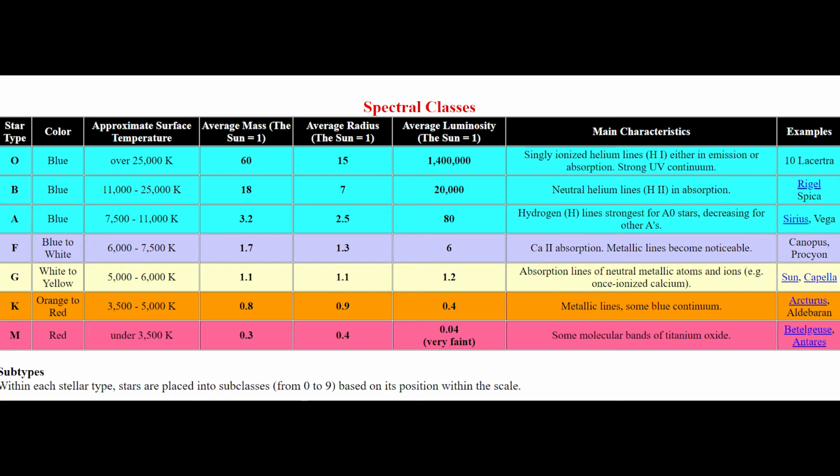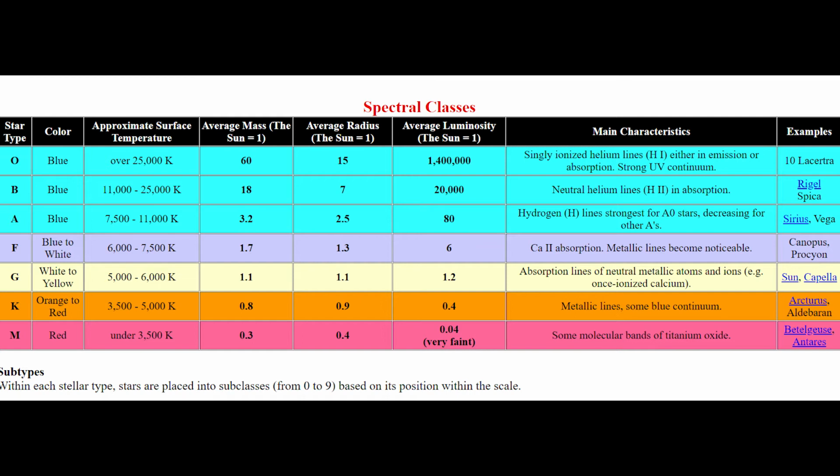Stars are classified by many things, such as luminosity, radius, mass, temperature, and their spectra, the elements that they absorb. There are 7 main types of stars: O, B, A, F, G, K, and M, with O being the hottest and M being the coolest, gradually getting not as hot. Using the Sun as an example, it's classified as a type G star and has a surface temperature of between